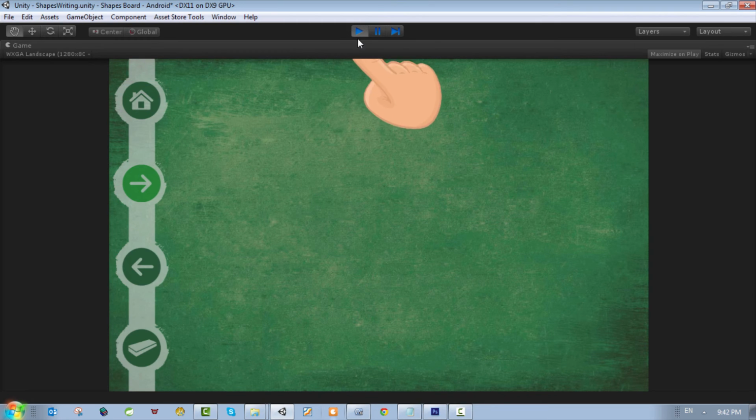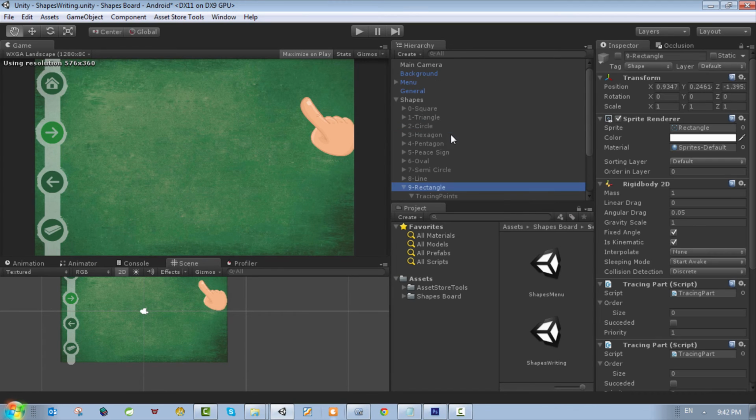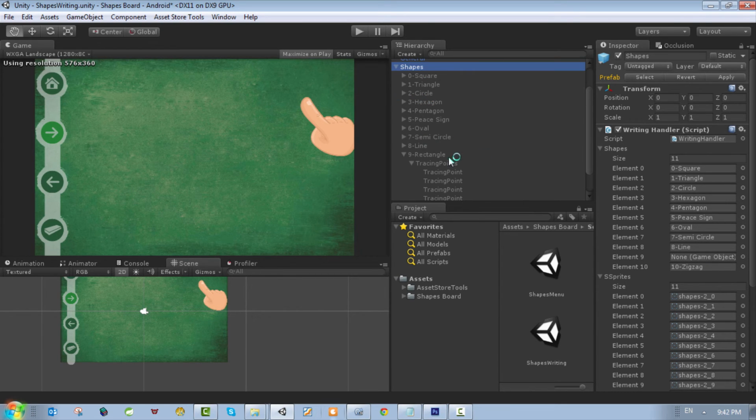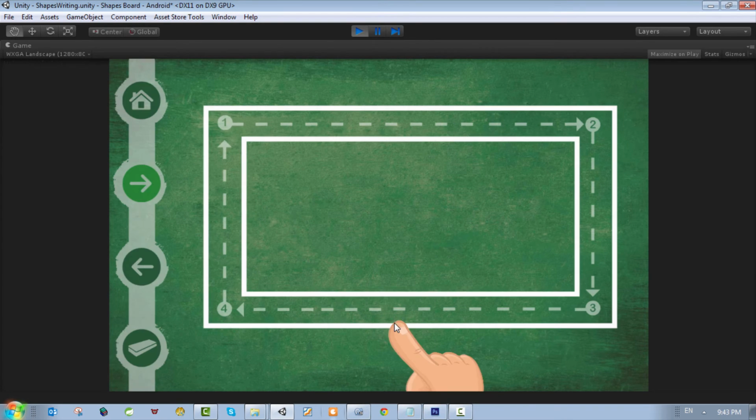I click here, and nothing happens, because we need to add this rectangle to the shapes here. You can see element number 9 is not selected, so I have to drag and drop the rectangle to element number 9. This is pretty much what we have to do. So right click, back here, and you can see the rectangle over there. You can start tracing it,